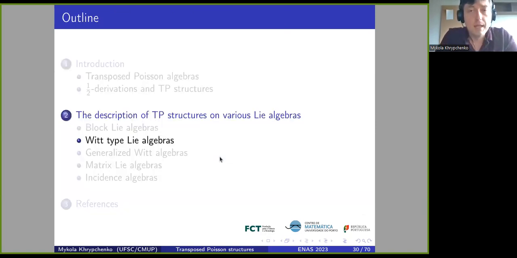Okay, so now let us pass to Lie-type Lie algebras. Let me mention that in one of the papers of Ivan with collaborators, they have described TP structures on the classical Lie algebra, and they were just mutations of the group algebra structure on the integer numbers. In fact, in some cases, this generalizes to Lie-type Lie algebras.